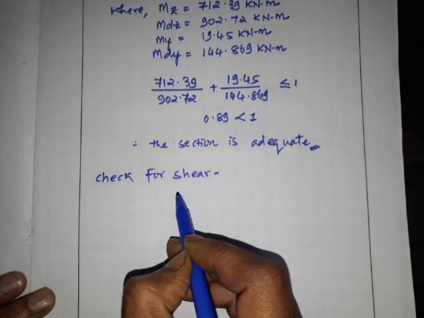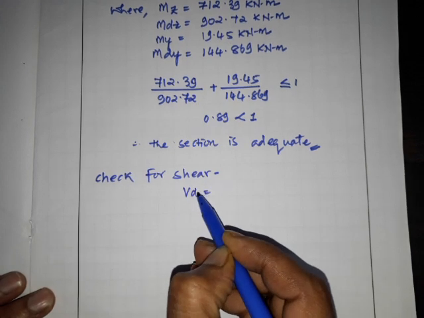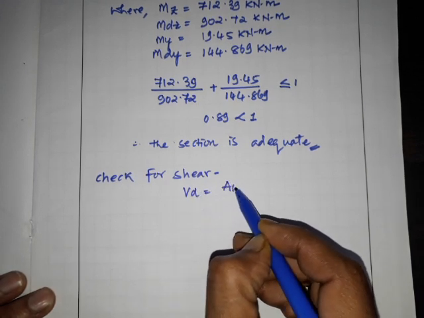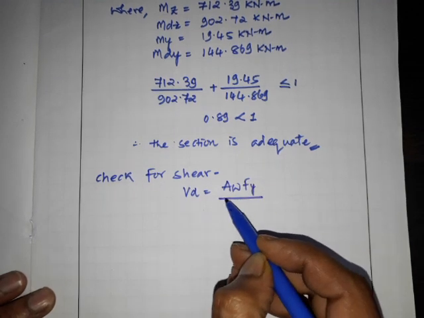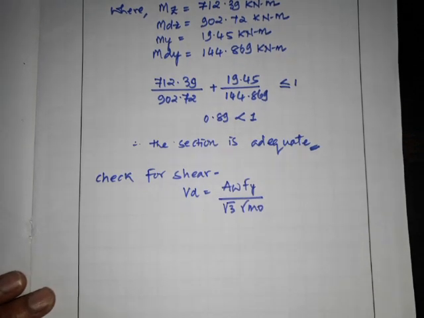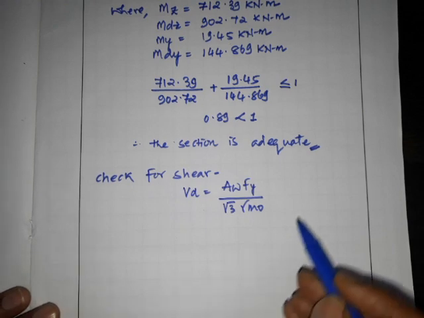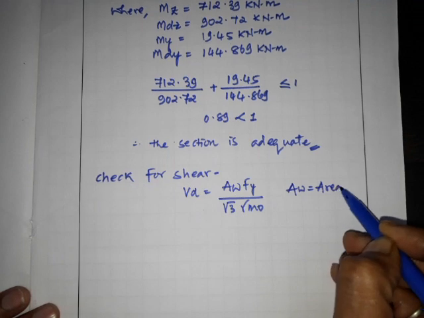So the shear capacity is calculated by Vd is equal to Aw Fy divided by root 3 into gamma m0, okay, where Aw is nothing but area of web